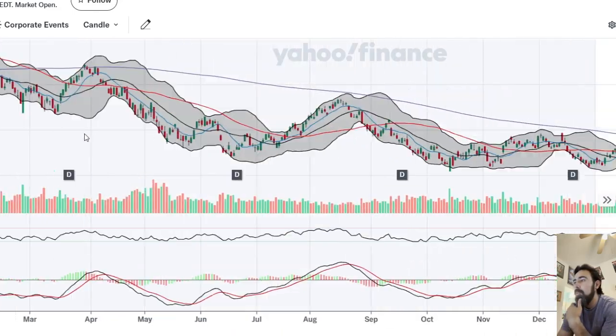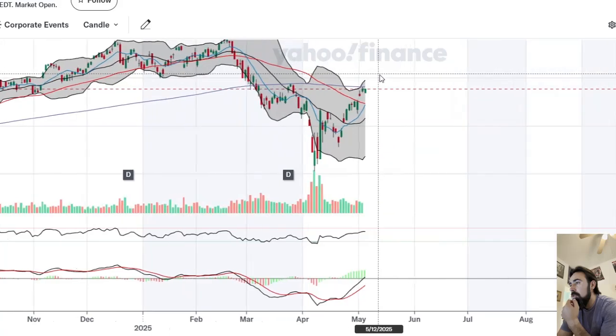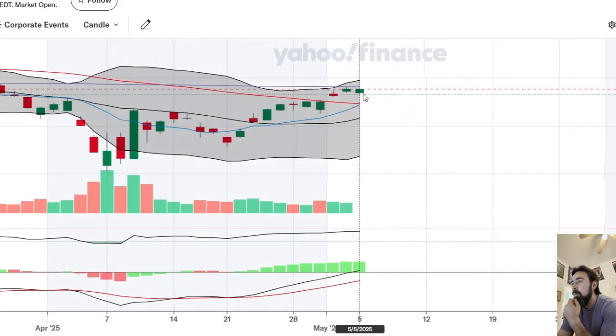I'm going to show you a different period where it's dipped under the 200, but let me go back to today just to show you again what we're looking at. So we're still sitting on the 200, and like I said, it opened lower. I was ready mentally, okay, we're going back down.